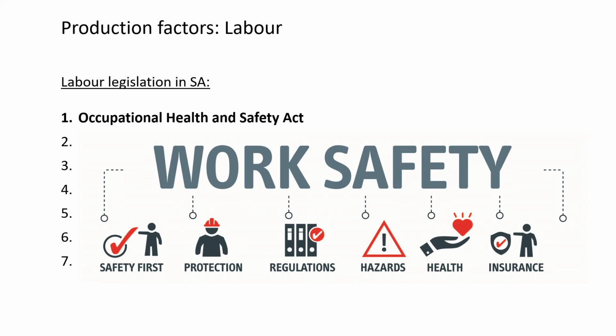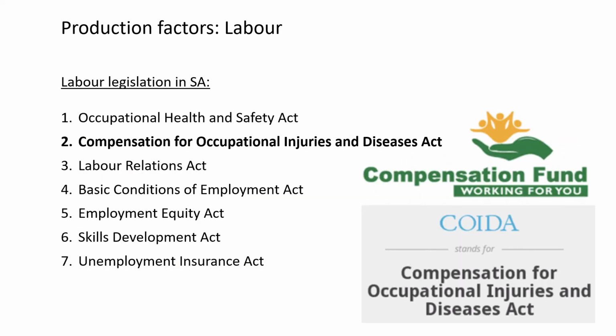Okay, then we have the Compensation for Occupational Injuries and Diseases Act, a mouthful. So basically what this means is that if a laborer gets hurt on the job or maybe gets sick on the job, they can get compensation for this, meaning they can get paid. So usually from the government, or sometimes the farmer himself can also help a laborer if they have some kind of health issue, but this only applies to when this person gets sick on the job,